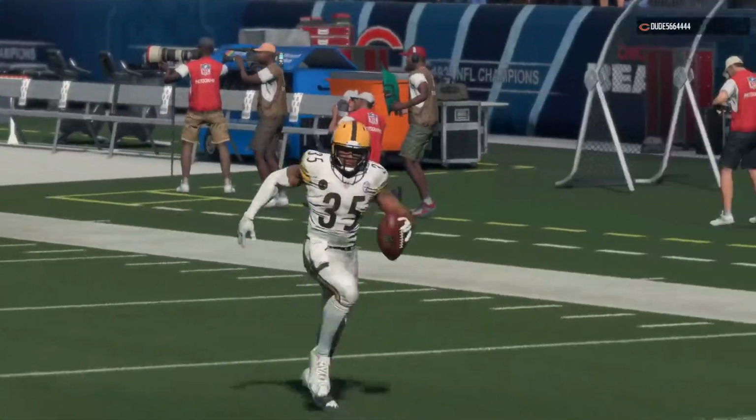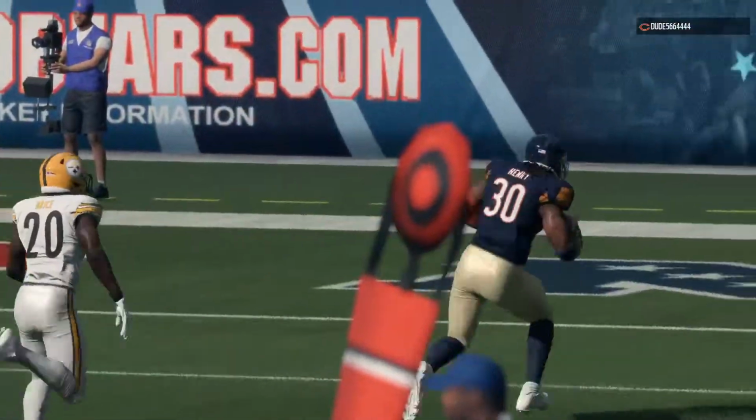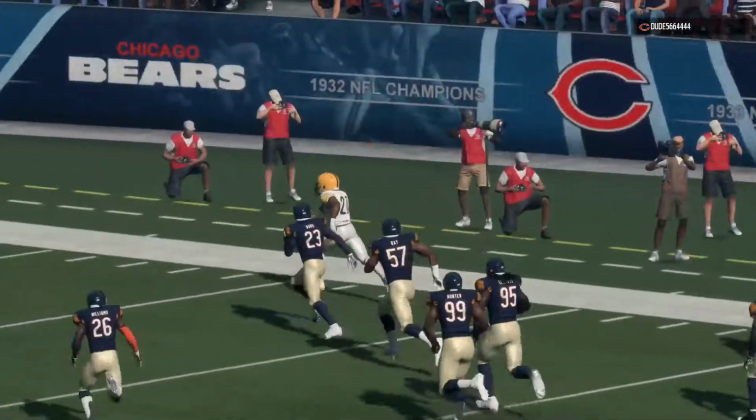So for Chicago, they move back over 500 now at 4-3. And they'll have another home date next week as the New York Giants come to town. Meanwhile, for the Steelers, they drop